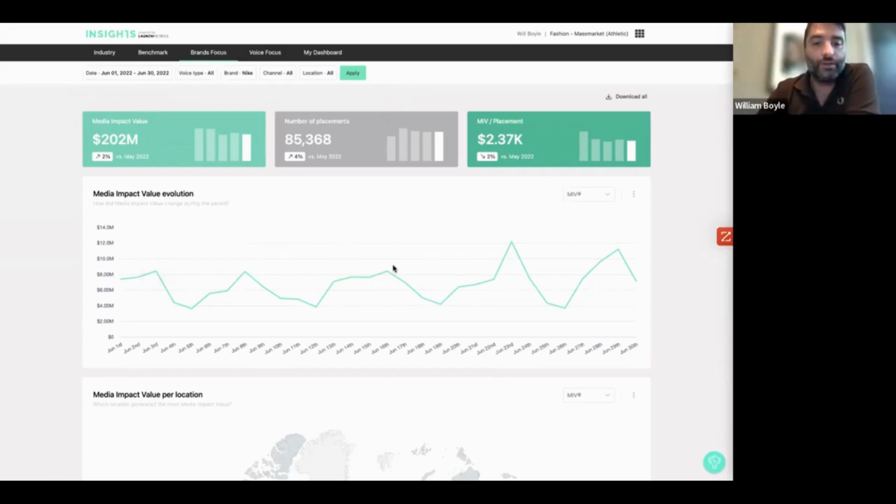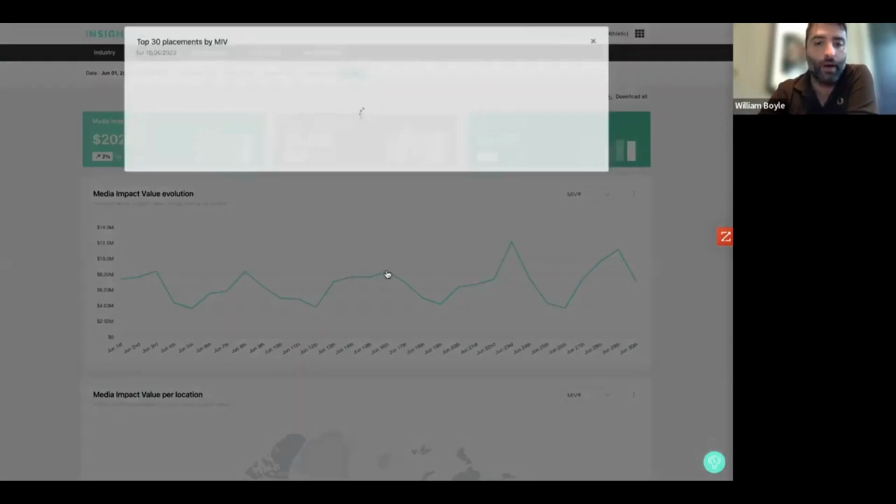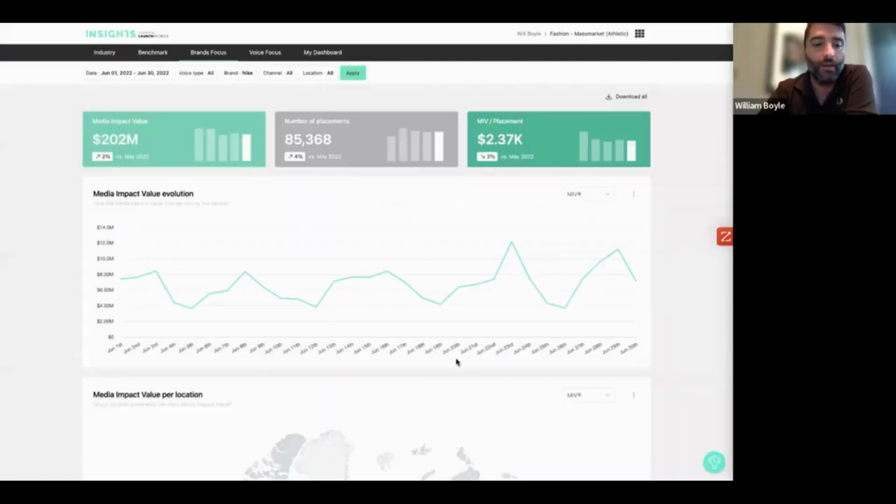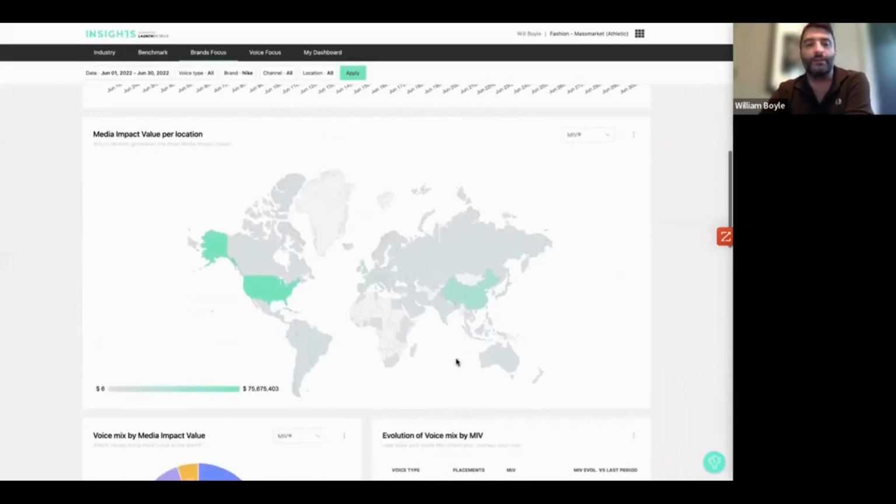So similar to the earlier view, I can see Nike alone's evolution throughout the month, understanding where we saw some spikes, where we saw some valleys, and what voices and how much value those individuals were contributing to that day. Coming down here is going to be a heat map of where this value is coming from.